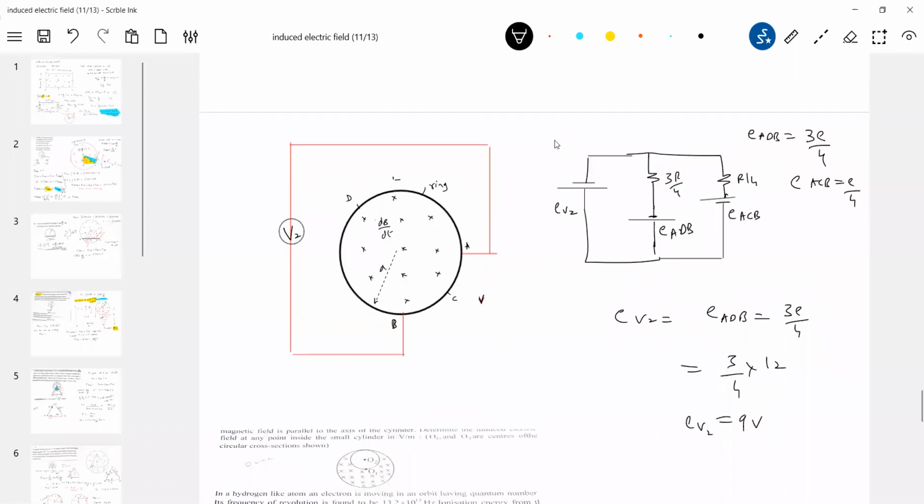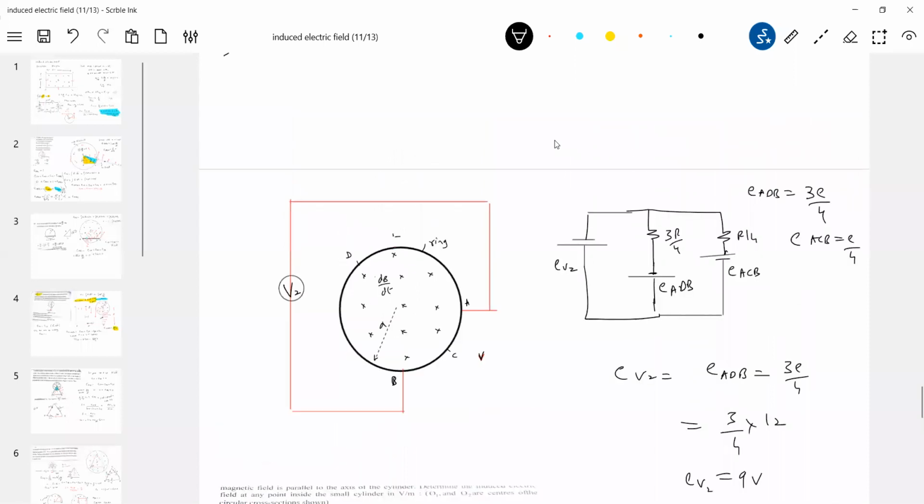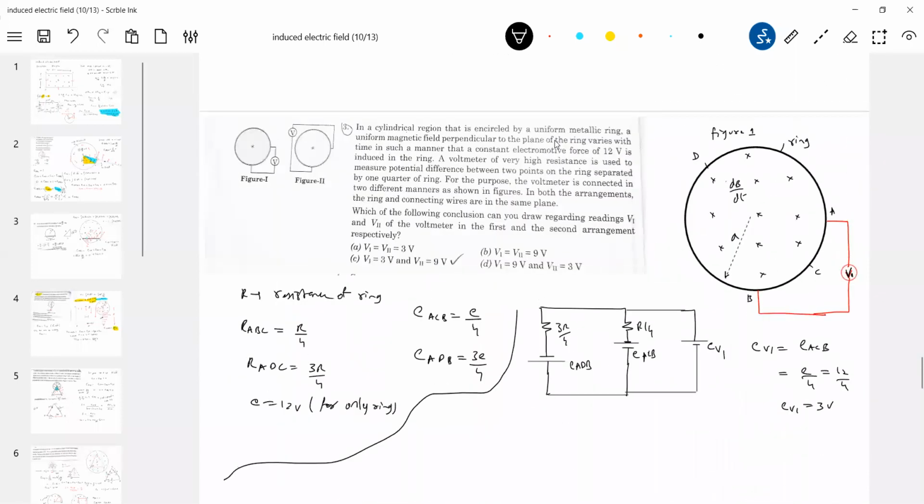So when you are working with magnetic materials and the magnetic field is varying, the induced electric field will come into the picture. So what we actually did, how you connect the wire from A to B, that will determine the reading of the voltmeter. How you connect it, and the wire and the ring are lying in the same plane. Again, if you change the orientation of the wire, things will be a little different here.